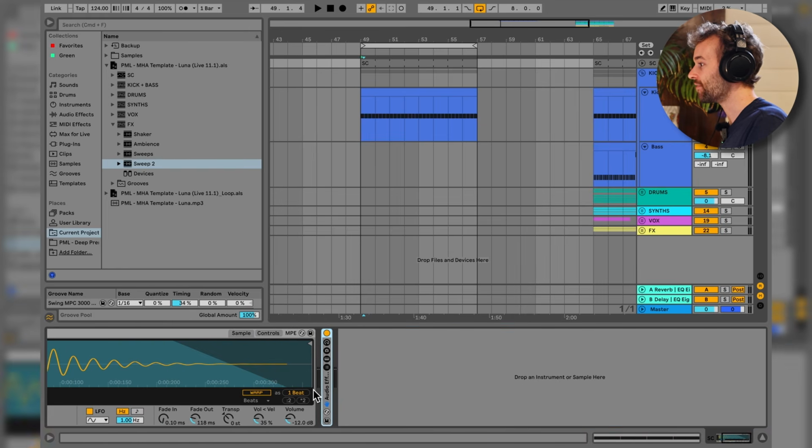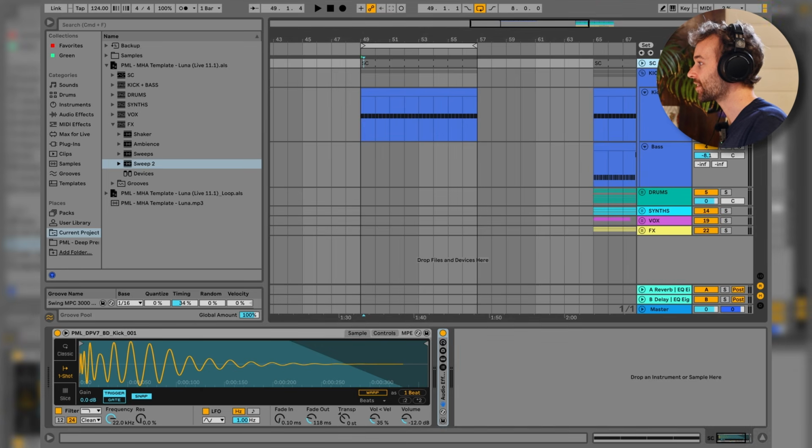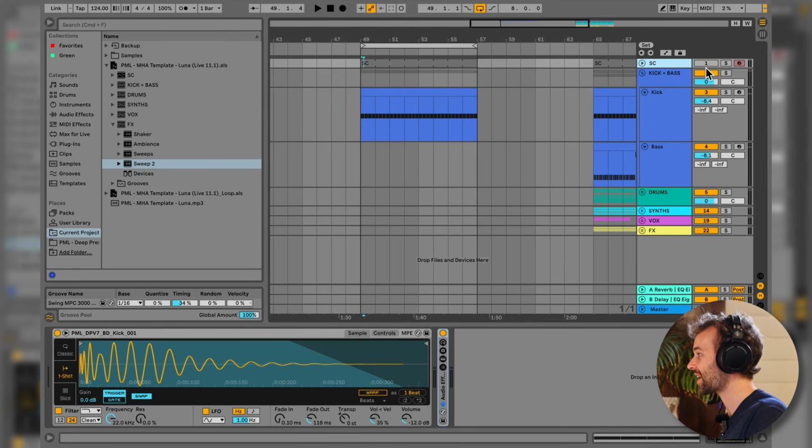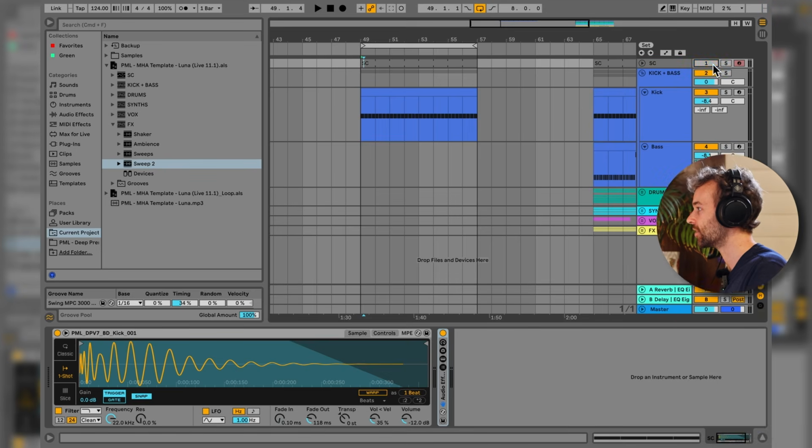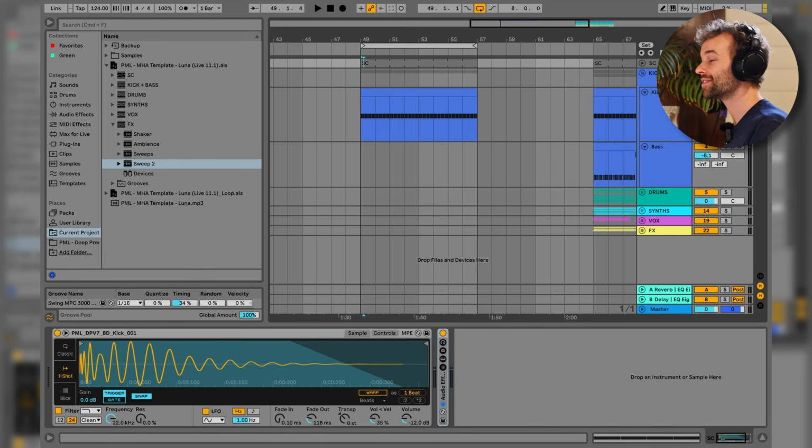And the reason that we have this is so that we have a separate track, this SC trigger track, which we can see is actually muted. It's not playing. We don't have the device activator engaged as yellow. And this is useful because it means we can have a separate sidechain trigger to our kick drum, and so that we can have sounds that have that pumping kind of sidechained compression effect without actually having our kick drum